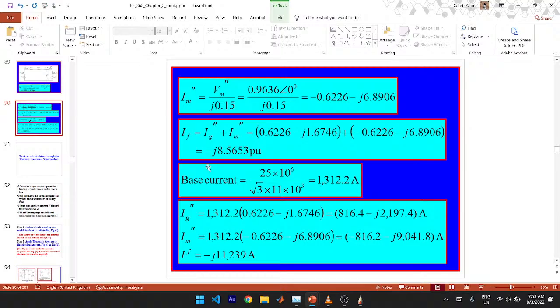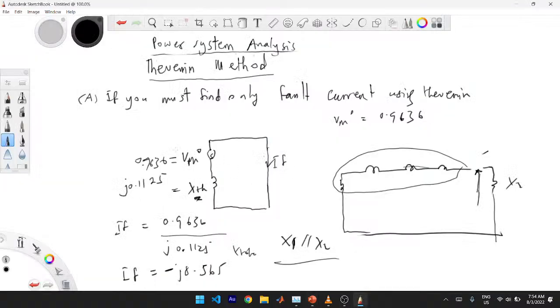So actually, if you are given a loaded question, right? If it's MCQ, they can't tell you what to use. So probably the determining method is faster if you must find just fault current. Because see what we did. What did we do? We found the pre-fault condition. We did VM naught is equal to 10.6 operating over 11,